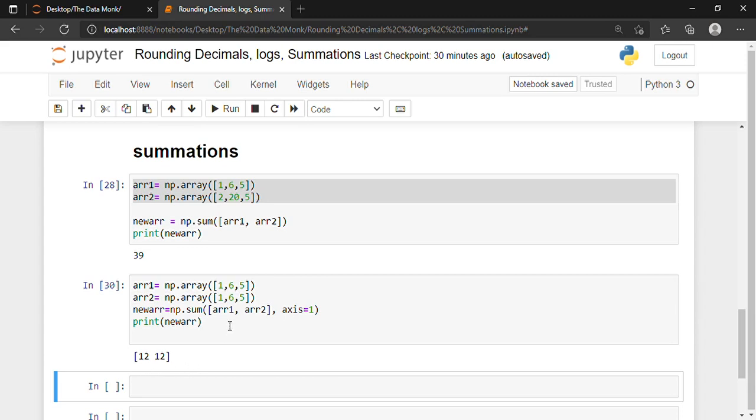Then it is adding the second array, 5 plus 6 plus 1, and giving me 12 again. So it is adding the elements individually inside both arrays, and then making a third array, where the elements are the summation of the elements in the first array and the summation of the elements in the second array. So this is what we can do by using the axis method.